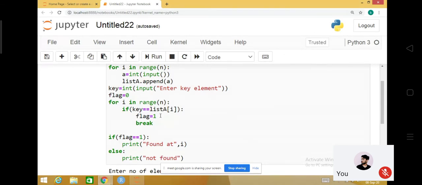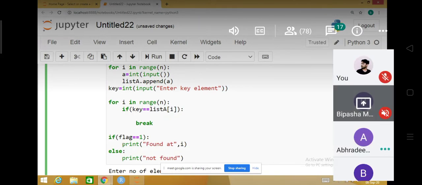Tell me whatever modification you want. I'm just making a similarity with the C program. I'm continuously repeating the same thing. So you want me to remove the flag from here. Okay. And here we print found it at i. Yes, definitely I can do that.